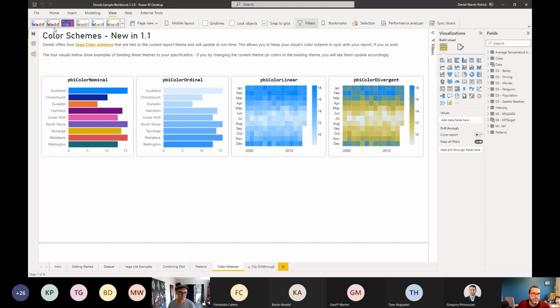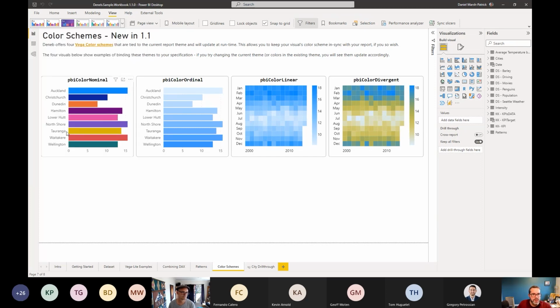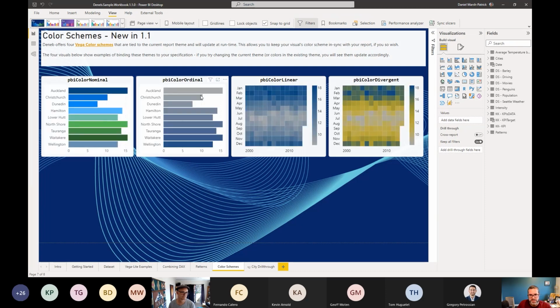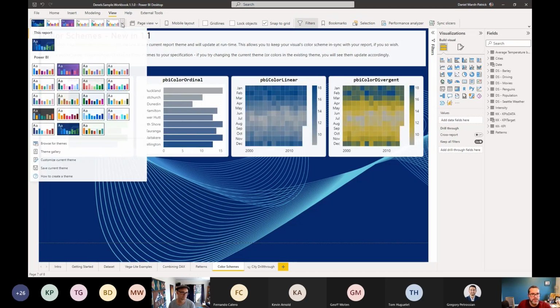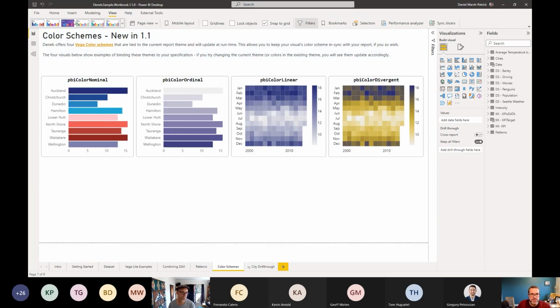And if I were to go to the theme designer, I'm just going to change themes for time. But let's just say this lovely one here with the background that you probably wouldn't use. You know, my visuals all update to use that palette. And this one's probably a little more simple. You know, so that I can change a part of the theme and it will update, which is kind of